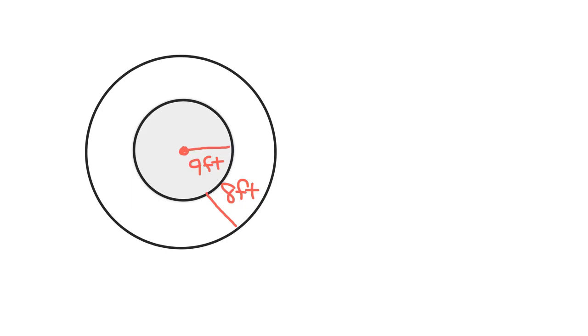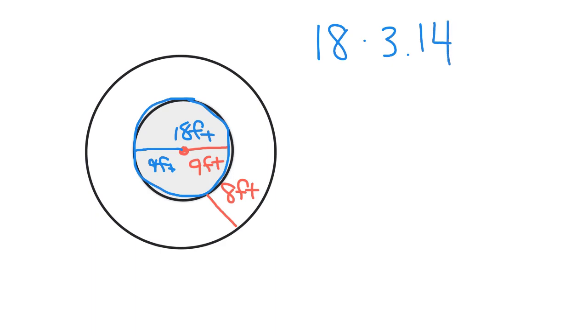The inner ring of this carousel is 9 feet from the center. That's the radius. So if we make it the diameter, we'd have another 9 feet right here for a total of 18 feet on the inside. So to figure out the distance around the inner part of the carousel, we're going to do 18 times 3.14, which gives you